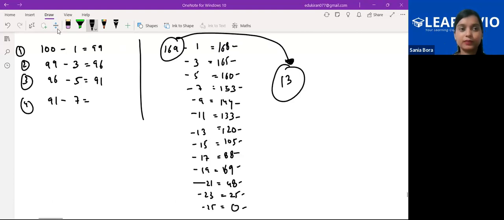Ma'am. Okay. And for this one, what you get? How many numbers are there? Ma'am, I got 9 numbers. Ronnie, no. How come 9 numbers? What was the last number you got, Ronnie? Tell me. 19. 19 minus 19, na? Okay, yes. Read the numbers quickly. I wrote 100 minus 1, which I got 99. And then 99 minus 3, which I got 96. Then 96 minus 7, which I